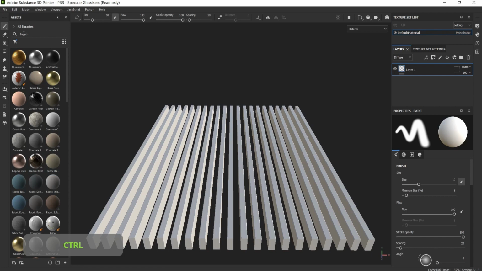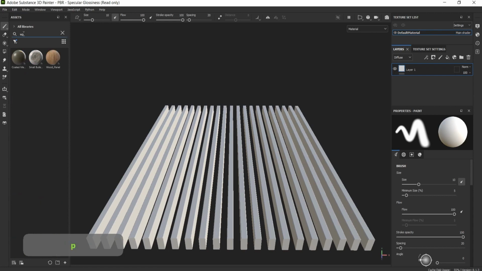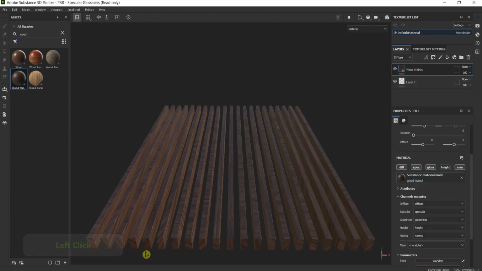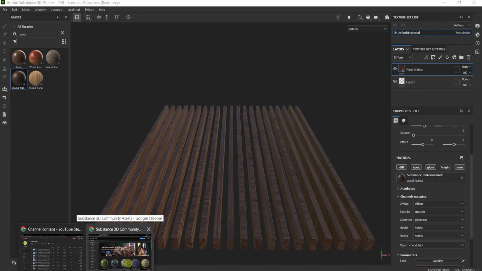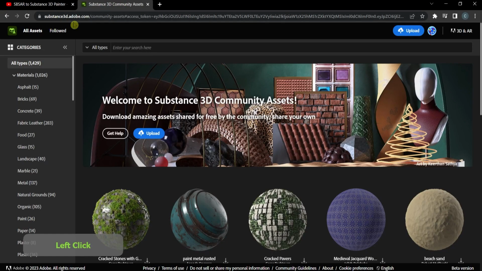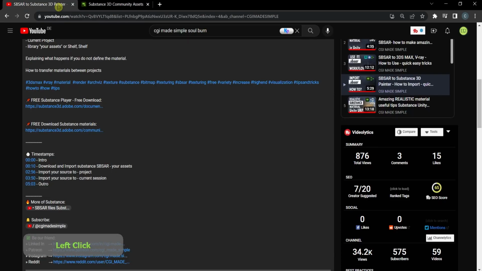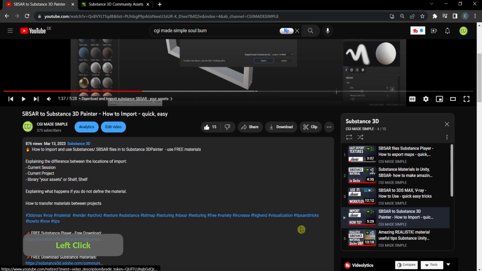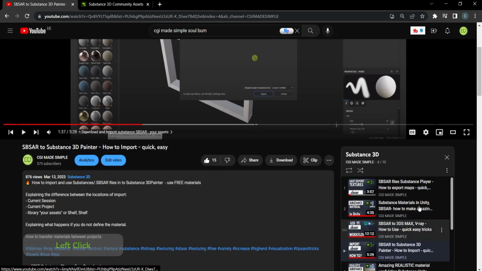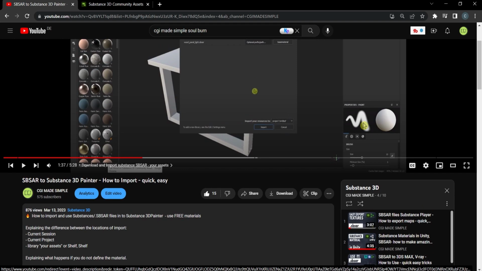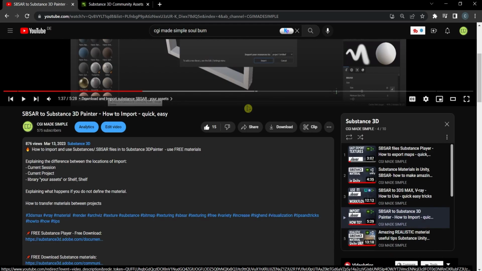Here under search on the left corner, I will type wood and use this default wood, but if you'd like to use a better one or a new one, you can go to the substance3d.adobe website and you can download to import it. You can check our video on how to import